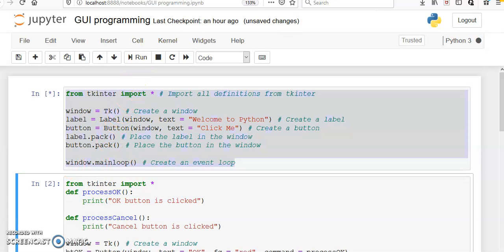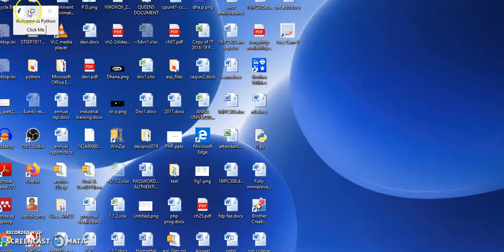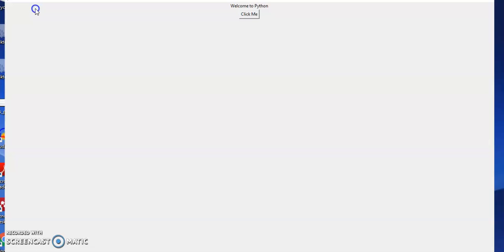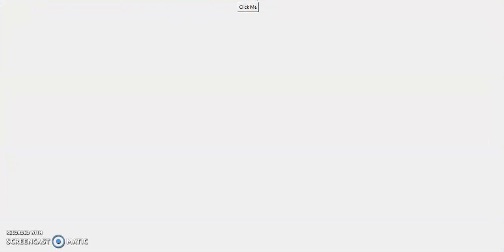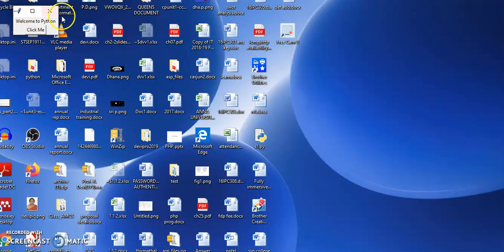If I run it, a window will be displayed automatically. Can you see the window? This is a small window where "Welcome to Python" is the label and "Click Me" is the button.